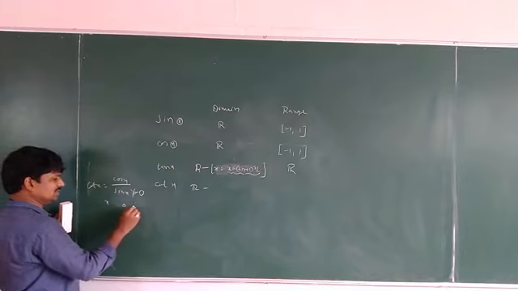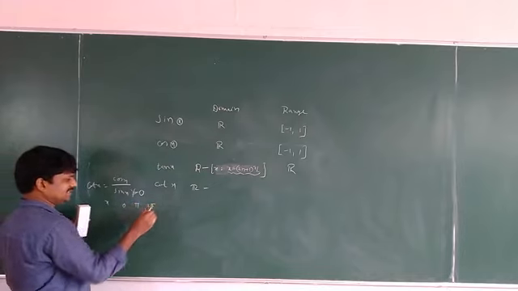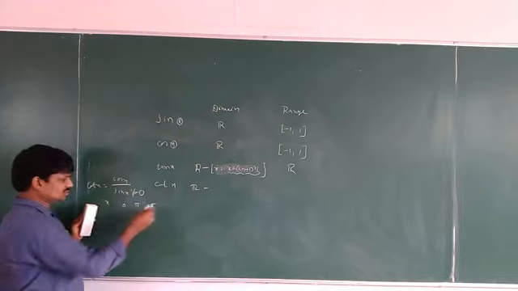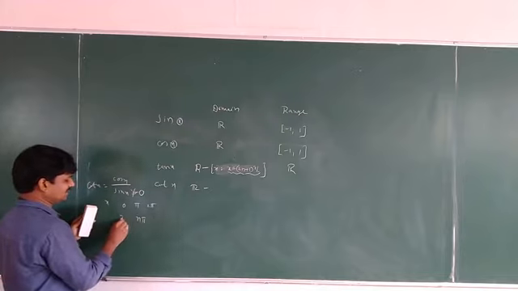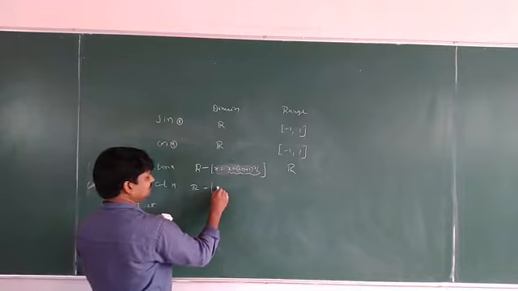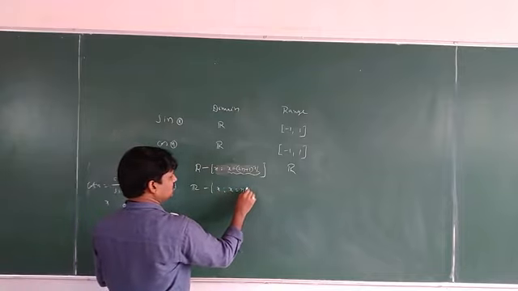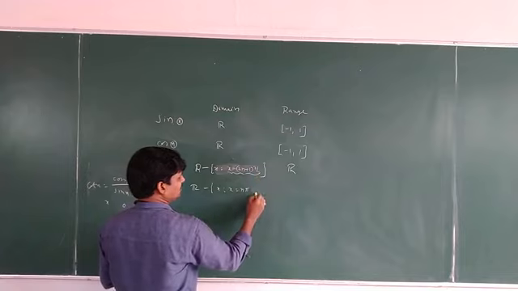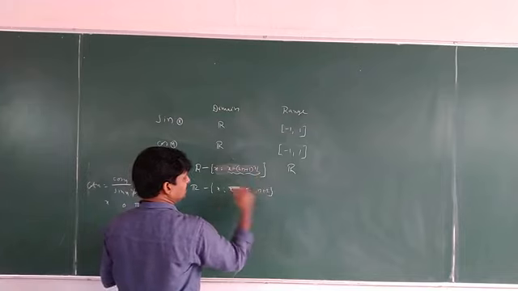Sin 0 is 0. Sin pi is 0. Sin 2 pi is 0. 3 pi, 4 pi, 5 pi and so on. So simply what we write is m pi. So x is equal to m pi. This value you have to remove from R. R minus x such that x is equal to m pi. Here m belongs to Z. Okay. M belongs to Z.